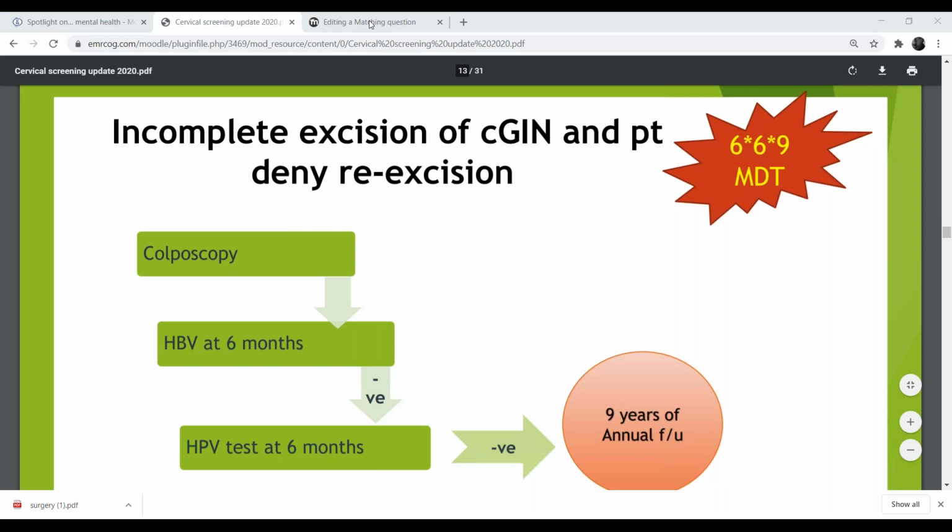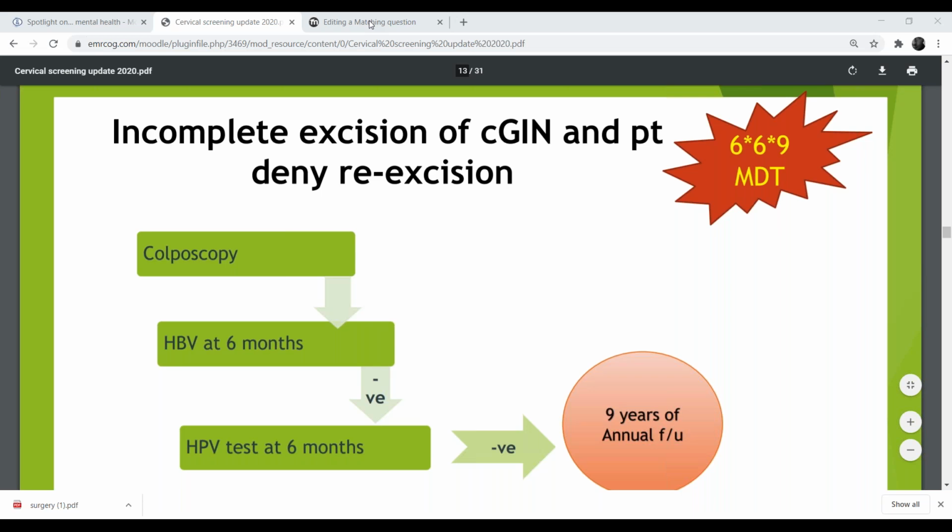Okay, so if the patient had incomplete excision margin, for example, he tells you that in the histopathology sample they have found that the margin is not complete, or incomplete excision margin of the CGIN. The situation is the patient is not willing to do any procedures, okay? She would prefer conservative management. So what should you do? First, you should offer her colposcopy, okay? And MDT, because this is a risky case and they need an MDT to decide if this patient is a candidate